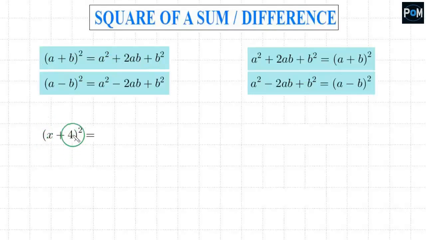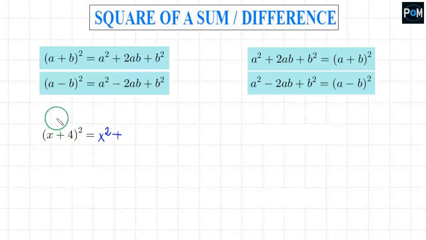In this bracket, there is addition or subtraction, and we are to raise it to the power of 2. According to this first formula, we first need to square the first item from the parenthesis, which is x squared. Then you copy this sign, which is plus. And then it's called a doubled product, meaning we take the product of x and 4, what we have here